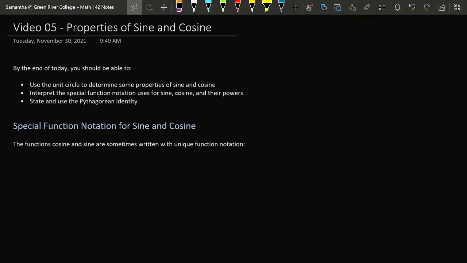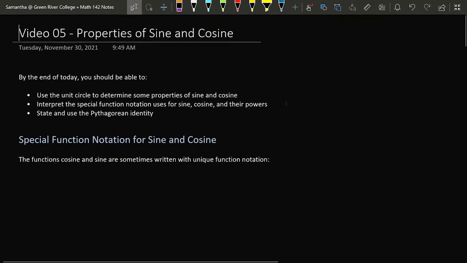If you truly understand the definitions of sine and cosine, you can, from that basic definition, deduce an incredibly large number of formulas and properties and rules and equations that are useful in all kinds of situations. Now today, you and I together are going to reason our way into several different properties of sine and cosine, just using the unit circle and using logic and using that original definition of sine and cosine.